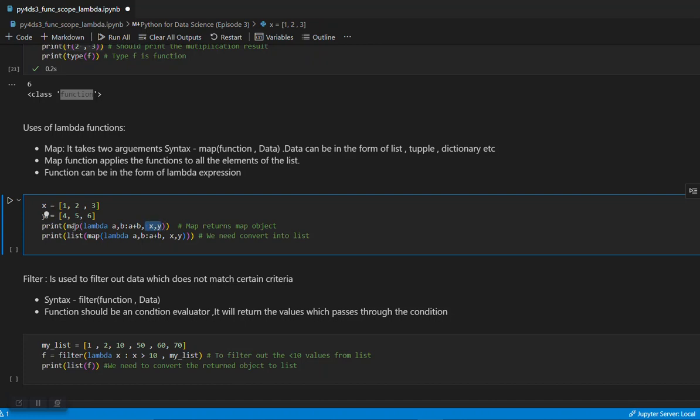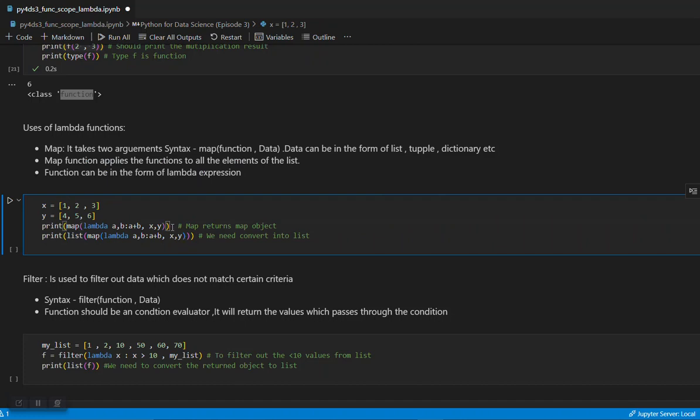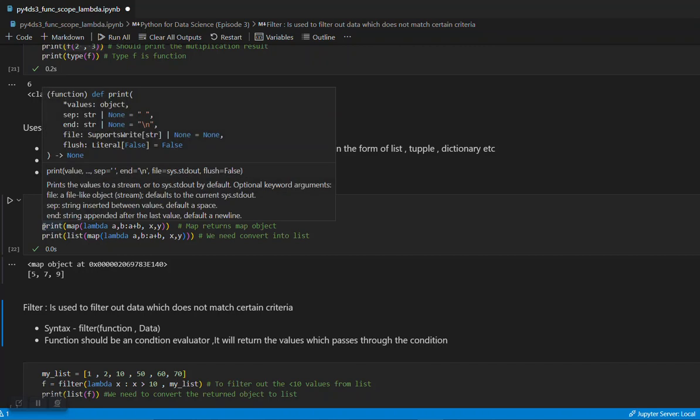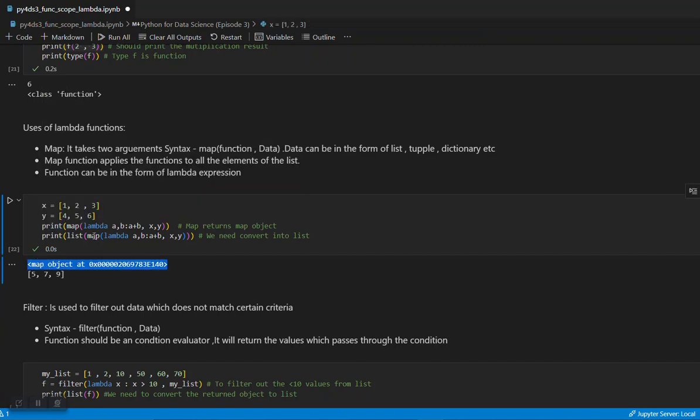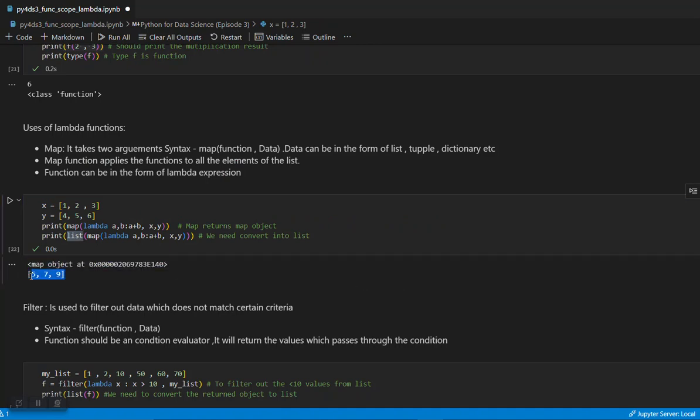If you run this, it will not give you any output because the output of the map function needs to be converted to a list. So let's run it. This is the output from the first print statement, where I'm not using any list, so you can see that only a map object is returned. Now when I convert it to a list, I get the proper output. So this is the basic functionality of lambda along with map.